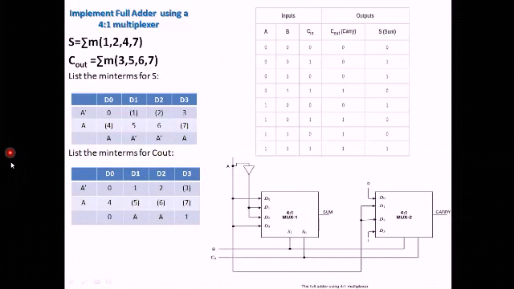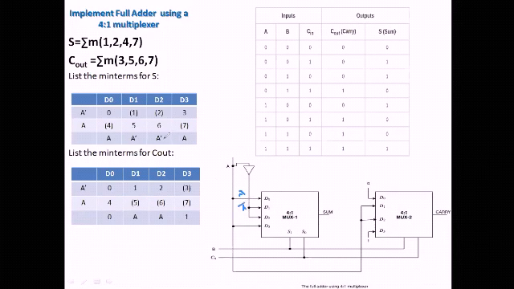Okay, this A is connected to an inverter, and look at these values. In case of sum, this is A bar. So the inputs are A bar and A. This A is connected to D0, so it is A. Let us write here. This is A. Next, again, D1 is connected to A bar. From here we have connected to an inverter, so for the inverter, A bar is coming, so it is A bar.